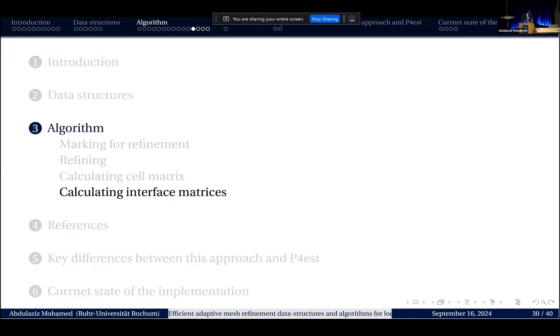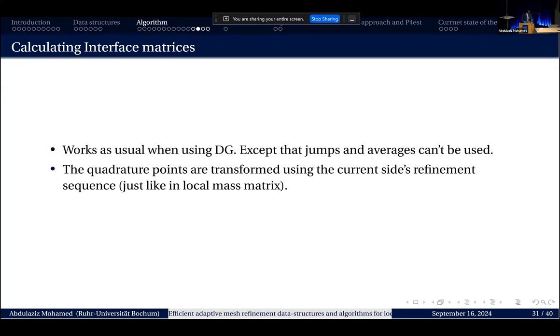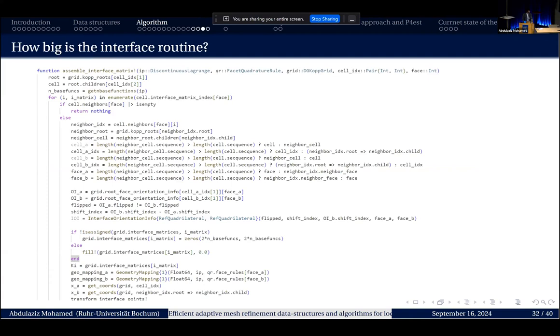And then calculating the interface matrices. It works typically the same as all DG, as in the DG example we have even in Ferrite already. However, the only difference is that we don't use interface values, just for the same reason we don't use cell values. And this is an example of how it looks. And yes, it's terrible. Yes, it's so big. We got no other option for now. The other option is just caching a lot of values at quadrature points,